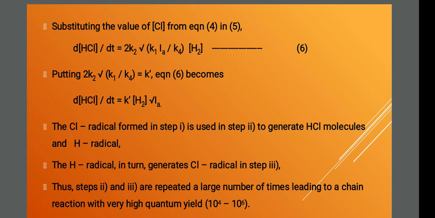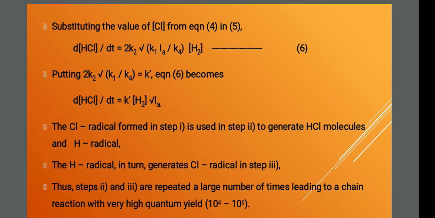And the chlorine radical formed in step 1. So this particular equation is the final equation. The final equation gets the format d[HCl]/dt equals k' into [H2] into square root of Ia. And now, if you take this chlorine radical in step 1, it is used in step 2